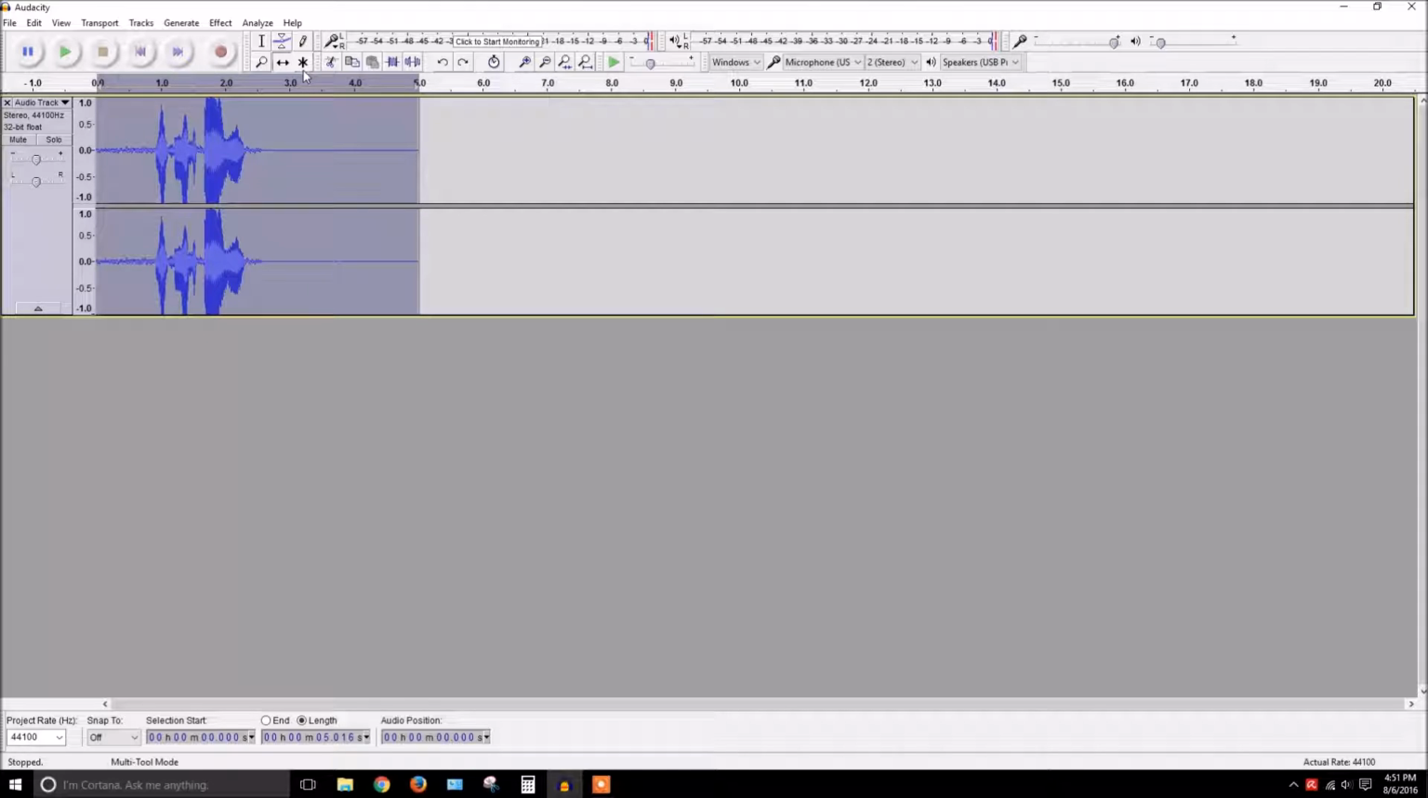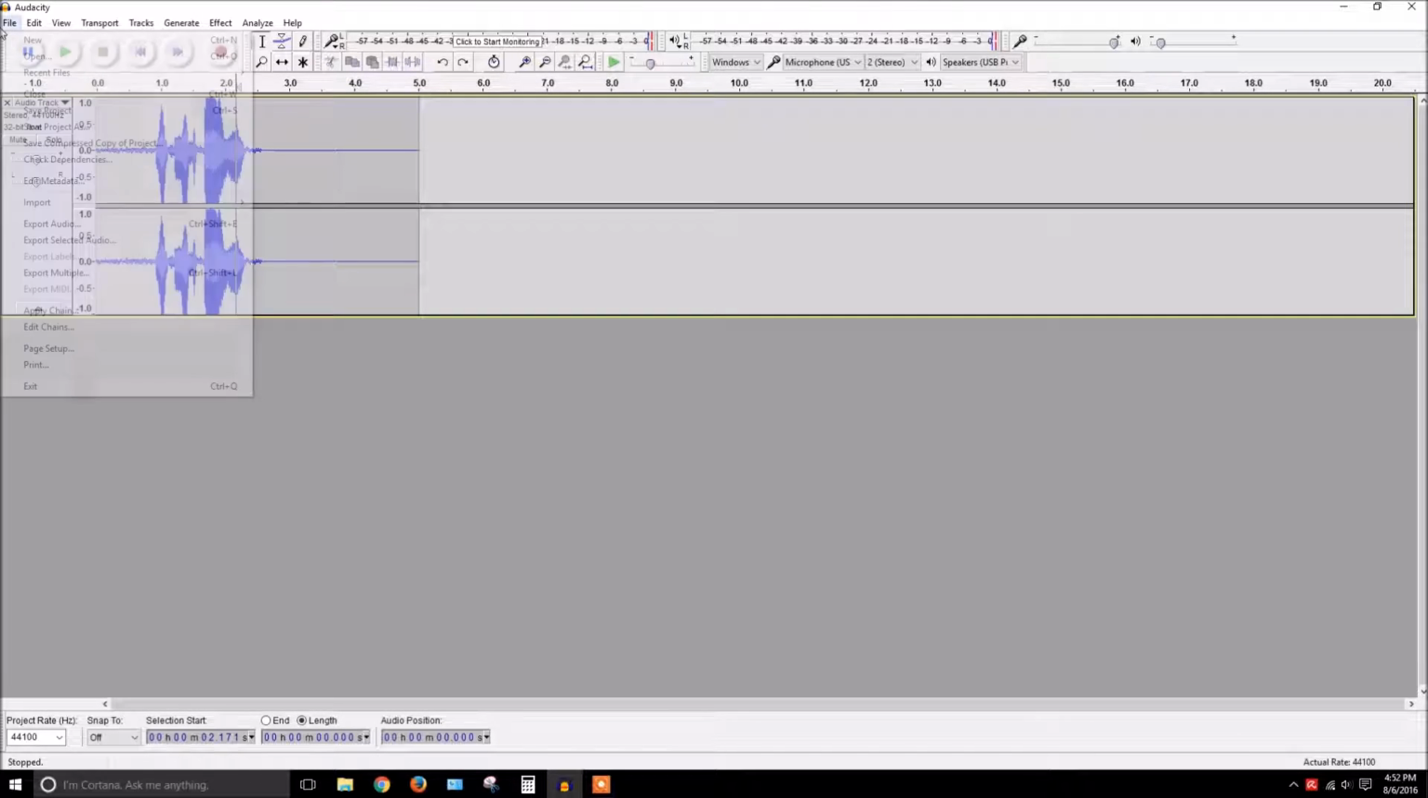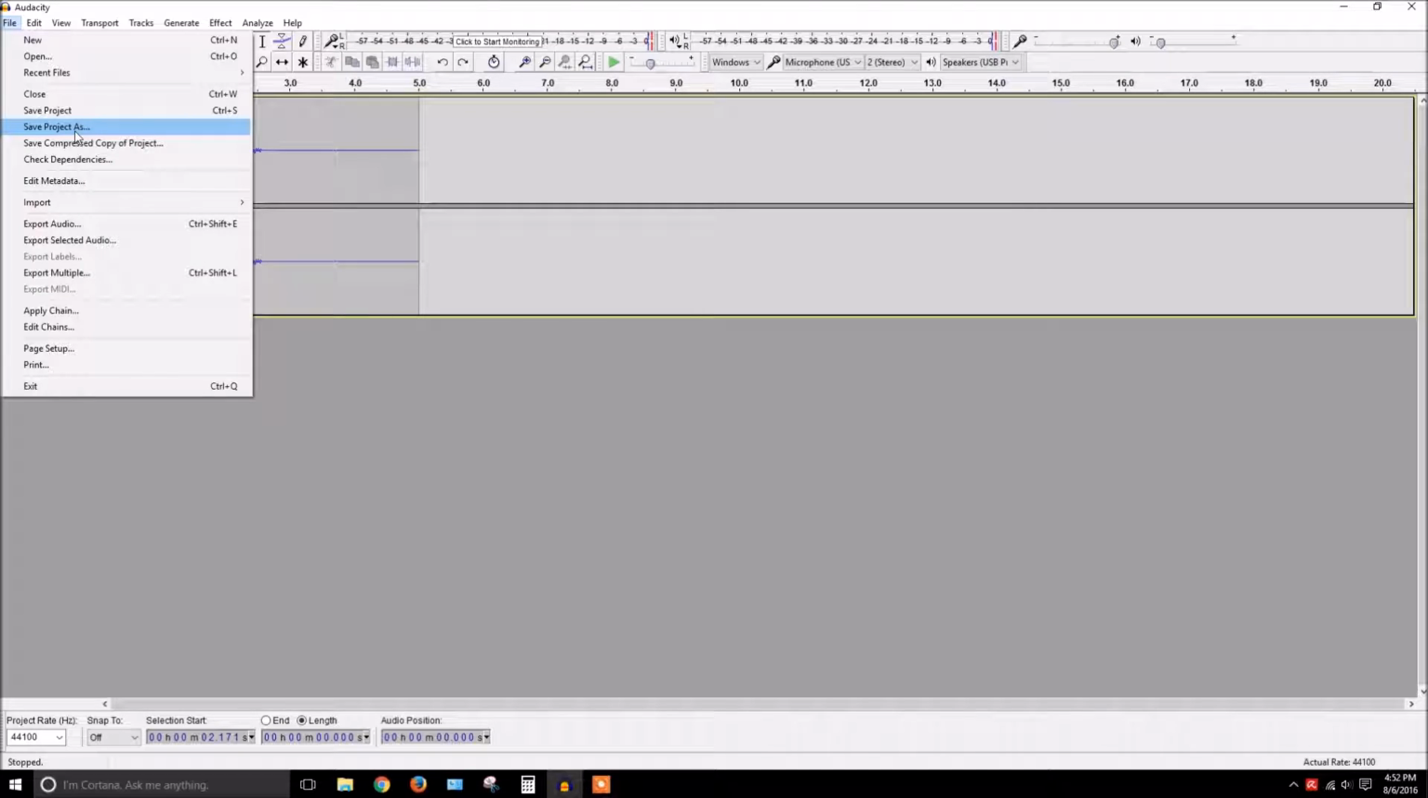Now the multi-tool is the envelope, zoom, and draw tool, and the selection and time shift all in one, but it's kind of hard to use. You won't have to worry about the envelope or draw, because I don't use those in my editing. So you just select the section, do whatever you want, and then once you're done, you can either